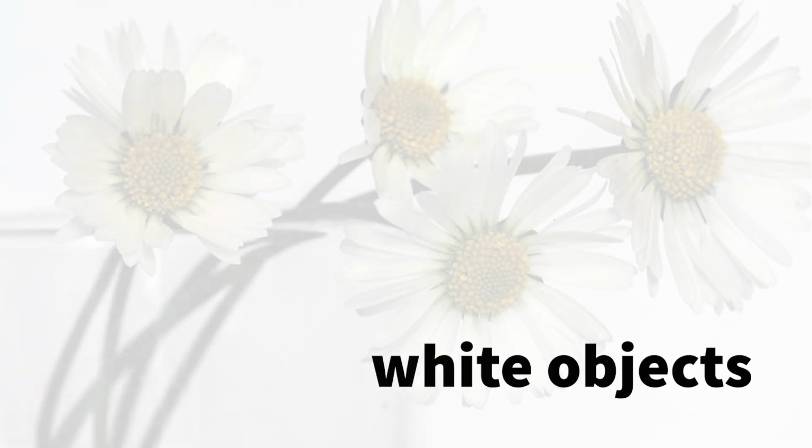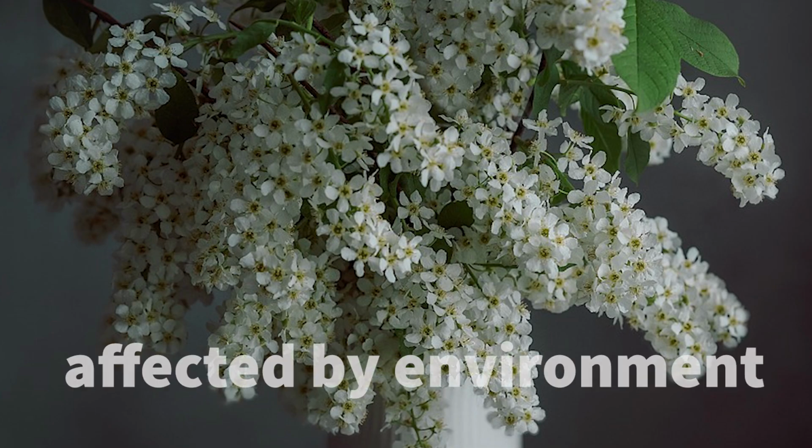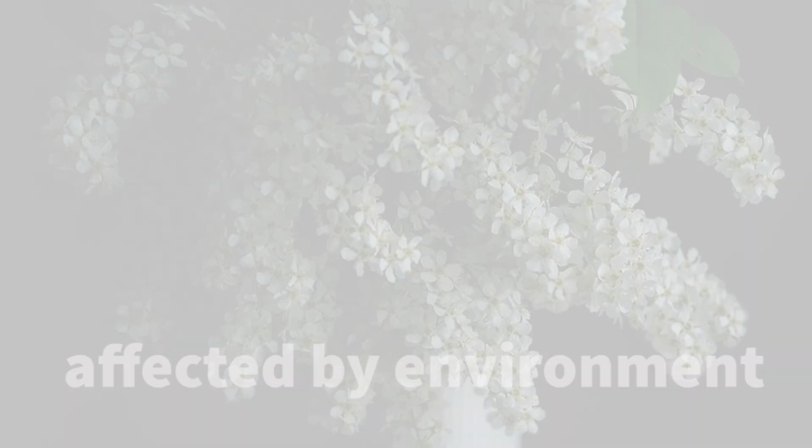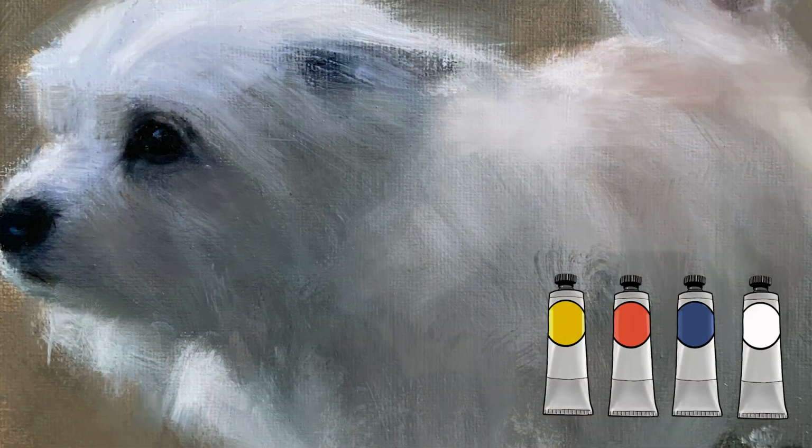I think painting white objects is the hardest of all colours to paint. This is because they can have the greatest value range and they can take on the colours of their environment. I have painted quite a few white objects and have come up with a simple way to paint them that